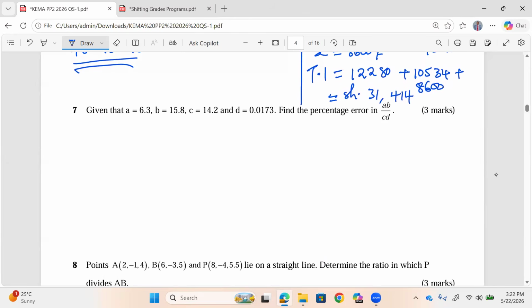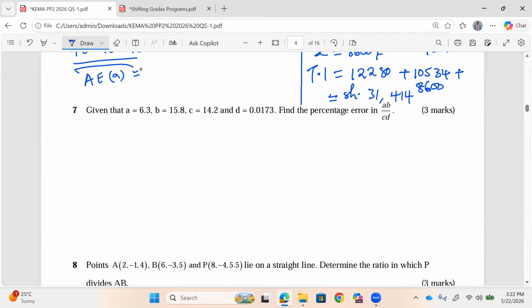The first thing I want us to understand is that every measurement has been recorded to a certain accuracy, for example, 1 decimal place. So the accuracy of A is 0.1, meaning that